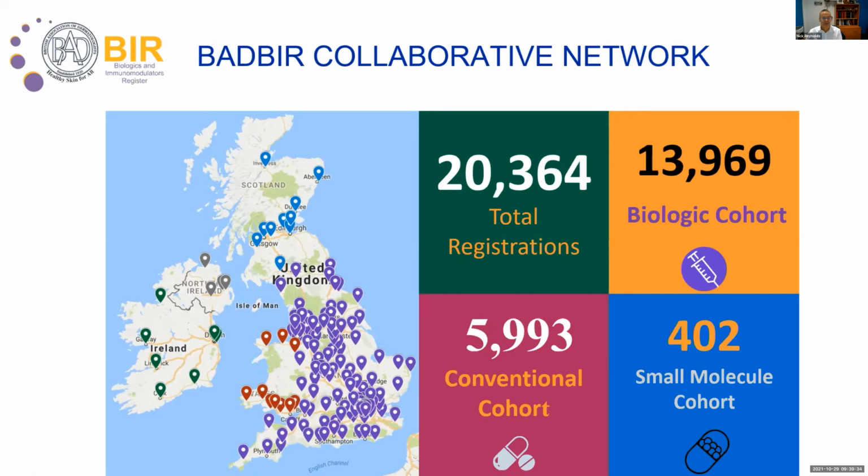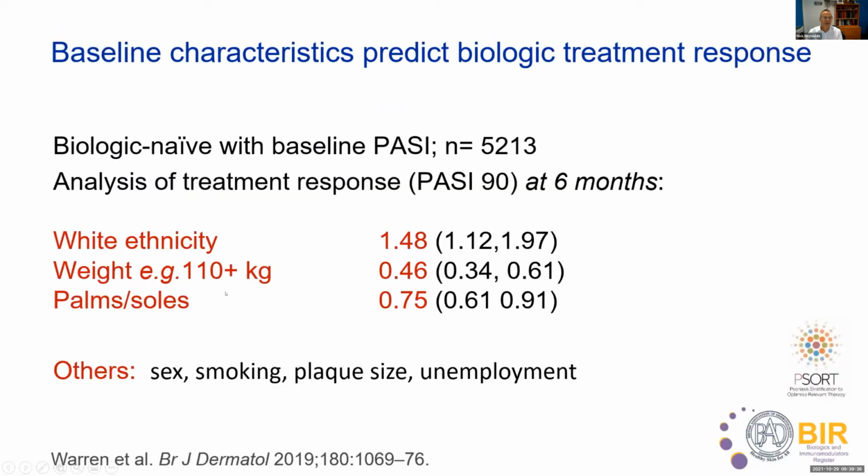Let's get on to the slides. This study shows that when we looked in total at some other factors that may be relevant in terms of clinical outcome, we also found that weight was an important factor. You can see quite a big risk ratio here. Other important elements were white ethnicity, as well as the presence of psoriasis on palms and soles, together with some others that there's not time to discuss. But taken overall, the actual contribution to the risk of outcome was only about 10%.